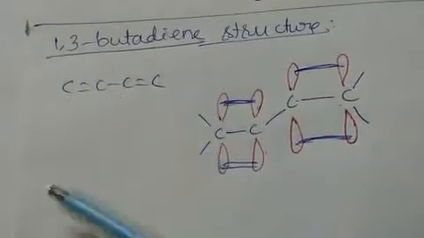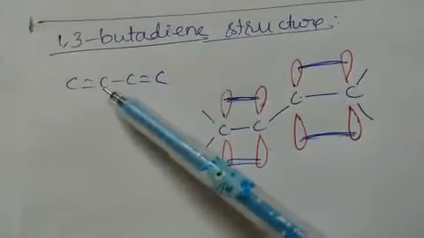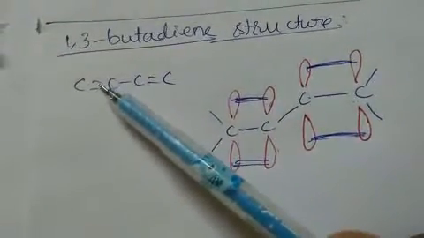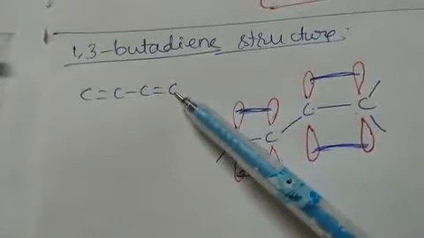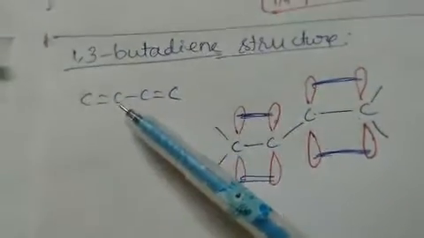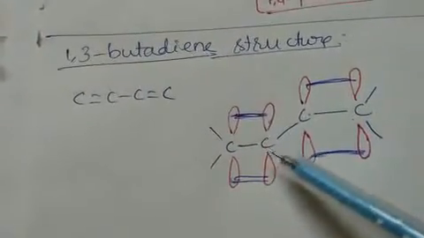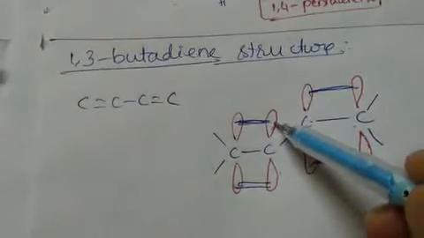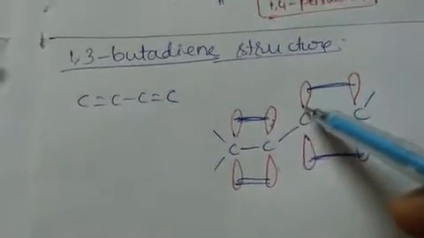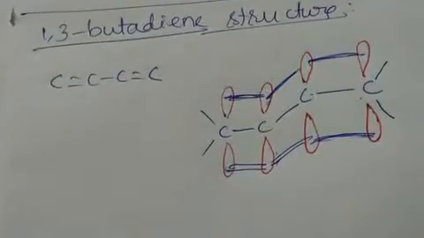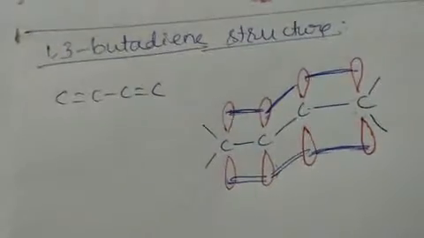are present on 1, 2 and 3, 4, but there is no double bond between the second and third carbon, correct? The first and second carbons share a double bond, and the third and fourth carbons share a double bond, but there is no double bond between the second and third. But the second carbon also has a pi orbital, and the third carbon also has a pi orbital, so they will also share. Though they do not have a double bond, they will behave like they have a double bond. So this makes this compound unique.